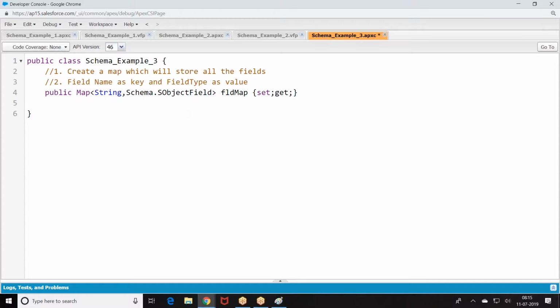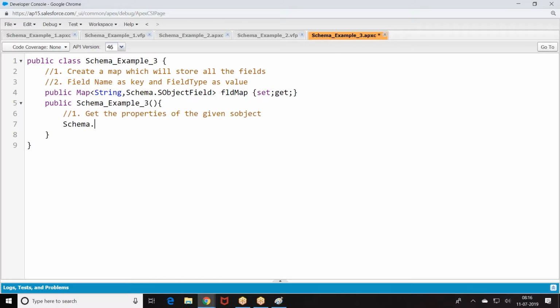This is how I create a public method. First, get the properties of the given object.